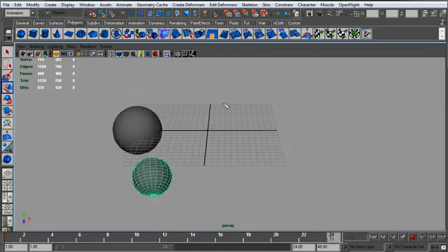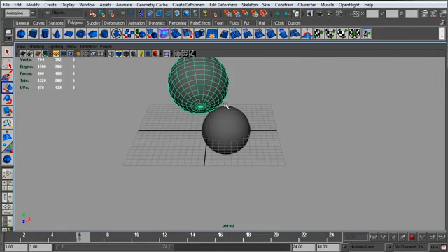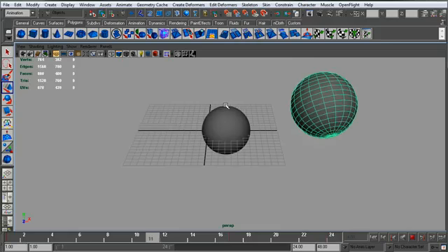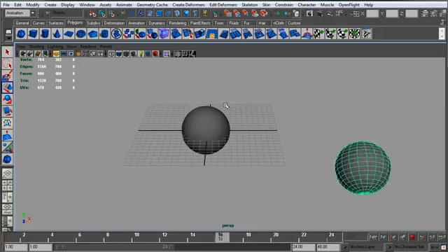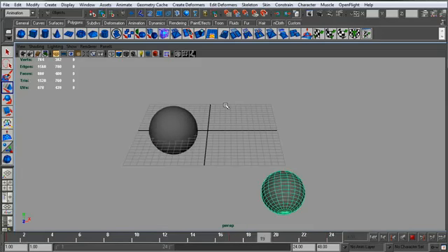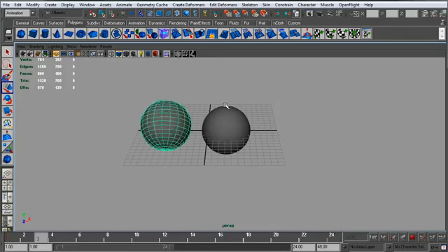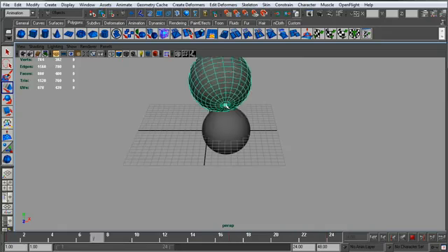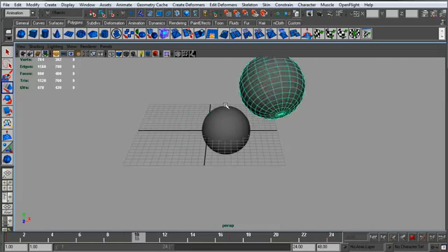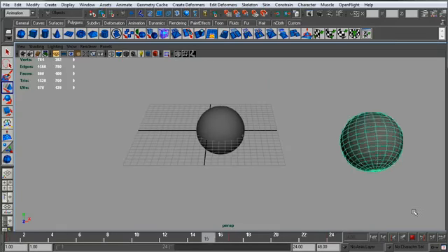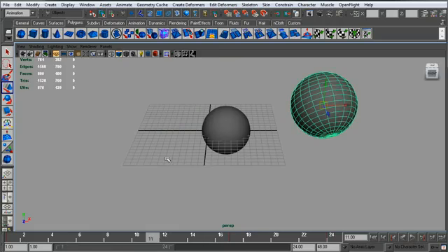So you see that we can animate both objects. The child object is still very much keyable. It can still be influenced by the user, and it is not. It's still its own object. It does not become one object like when you combine two objects into one. This isn't modeling. So I'm going to pause this, and now we can get